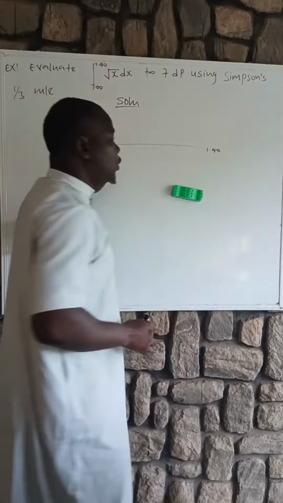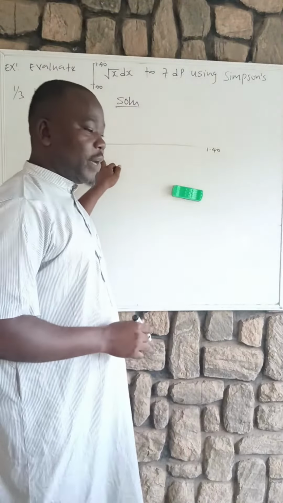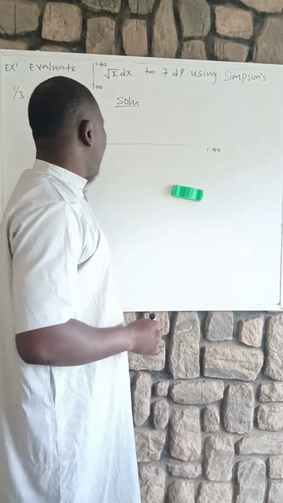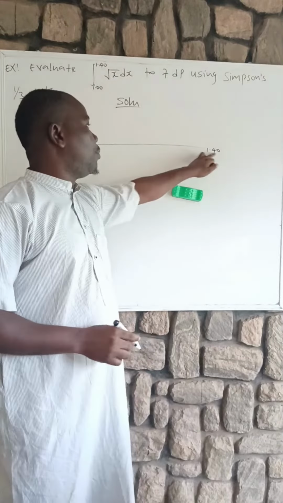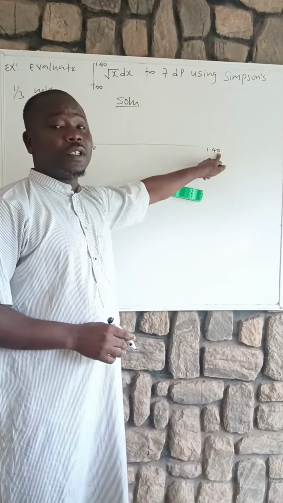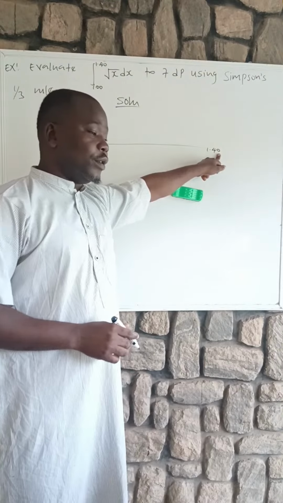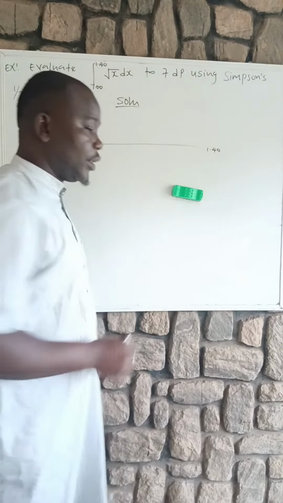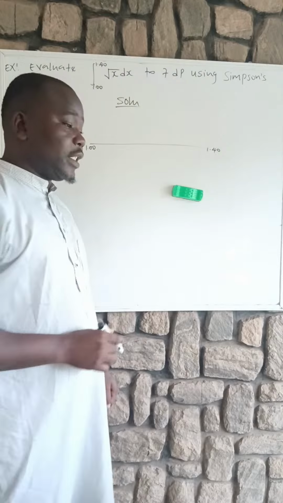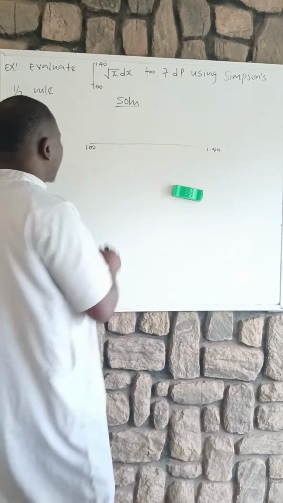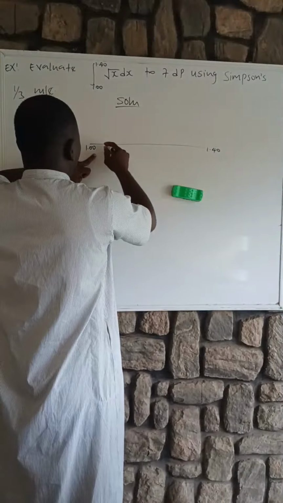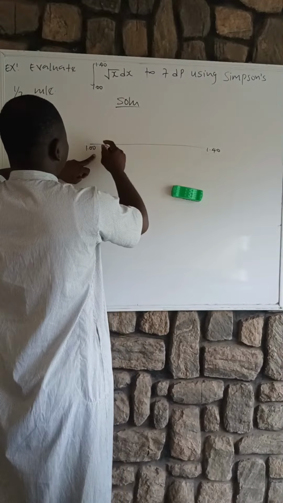So we have to know the numbers in between 1.00 and 1.40. Is that clear? So let us go ahead and begin. After 1.00, we have